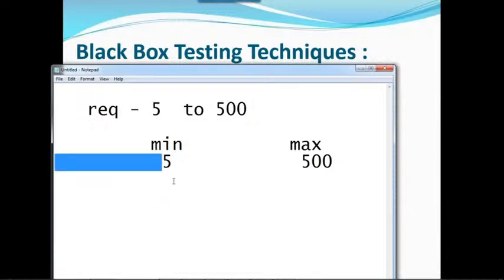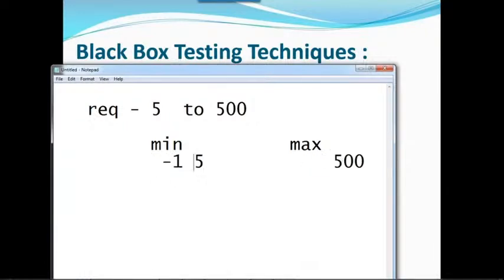So 5 minus 1 is what? 4. Your value is 4. So you just enter the 4. It should not allow. In case it is allowing, it is a bug, right?